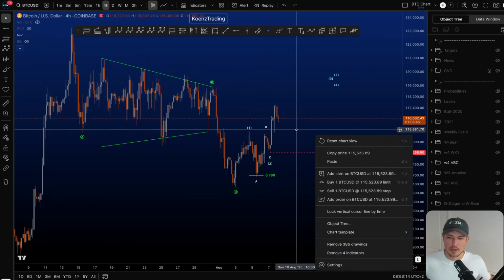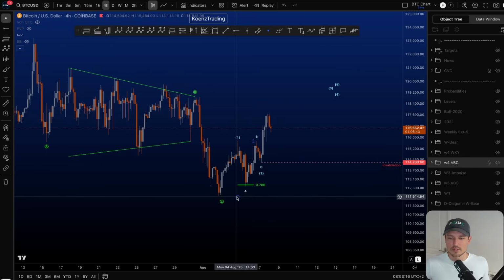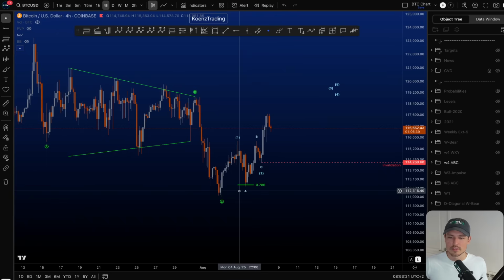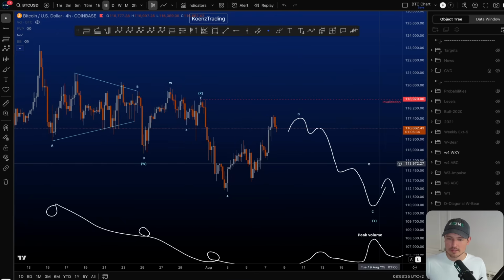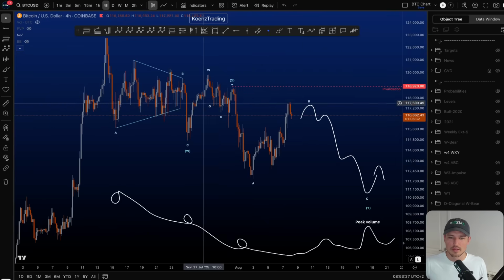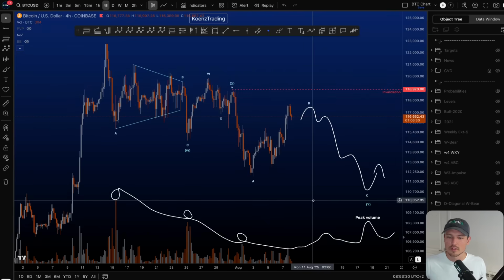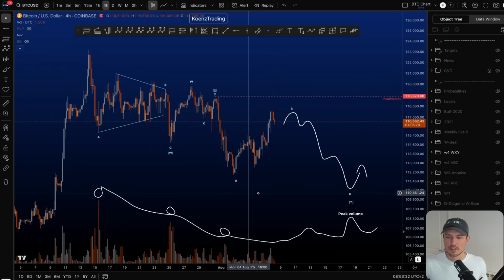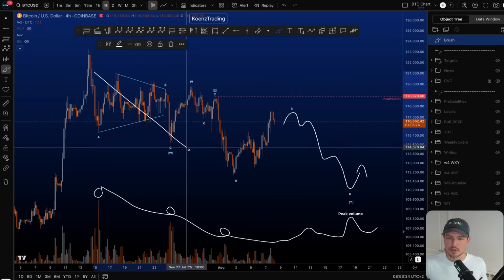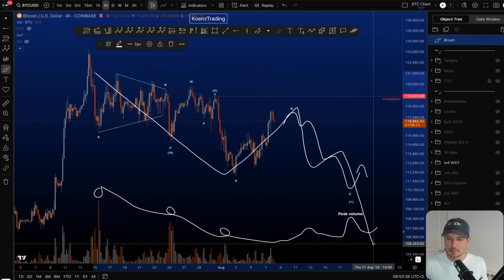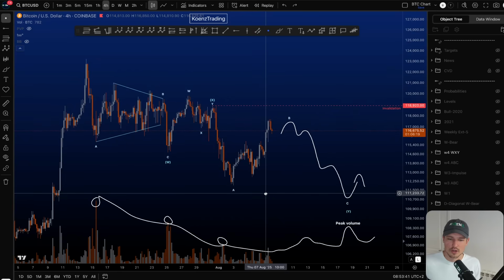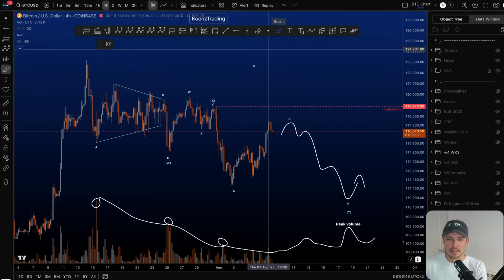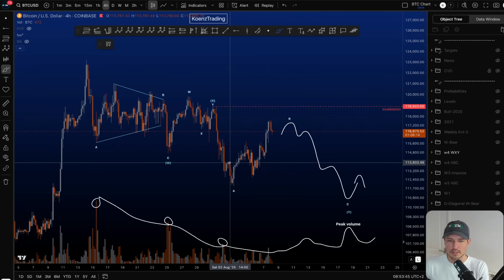114.3K. But the move towards the upside from 111 is quite tricky, right? It's not very clean, impulsive per se. So yesterday, I have been thinking about another option. And previously, I had a bigger WXY, where this was W, you get X, and then a bigger Y to the downside. However, when I was puzzling on the chart, just spending some time, I also covered this scenario here,